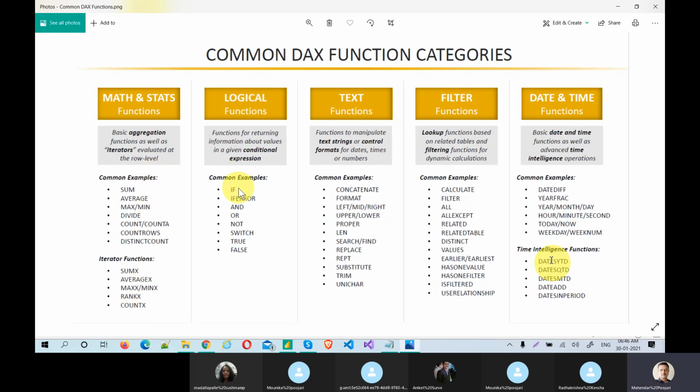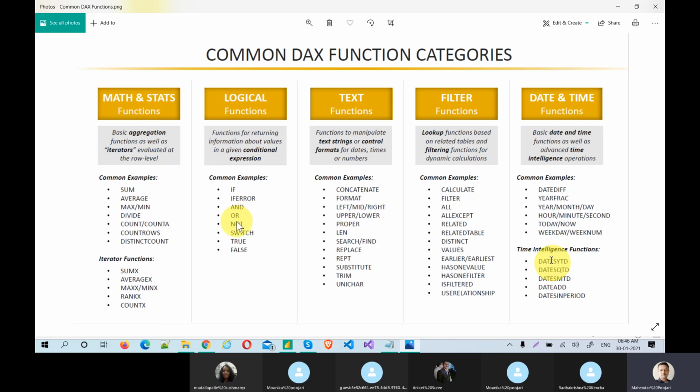And logical: if location is equal to USA, what is the sales? If error, I will tell you when to use and when not to use IFERROR to debug the code. That is again a master level, it's rarely used, I never used it.